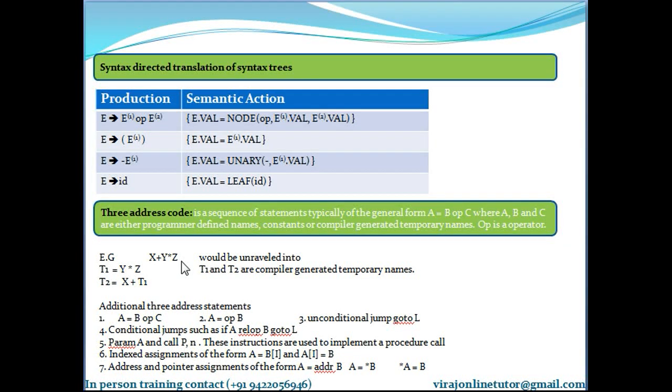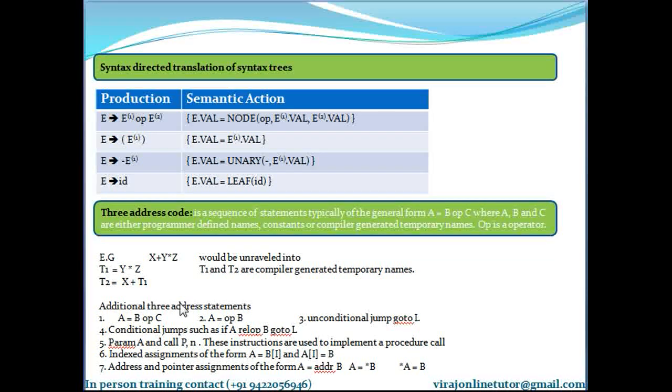Since in three address code you can have maximum one operator and maximum three addresses A, B and C, I need to break this down into two small parts. First you compute y into z and save it into temporary variable t1. Then you add x to temporary variable t1 and save it into t2.